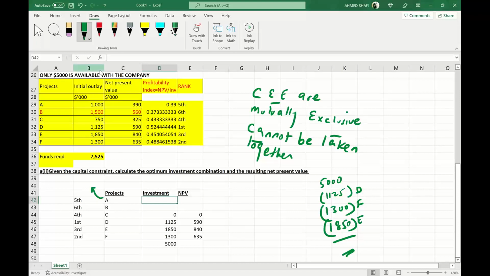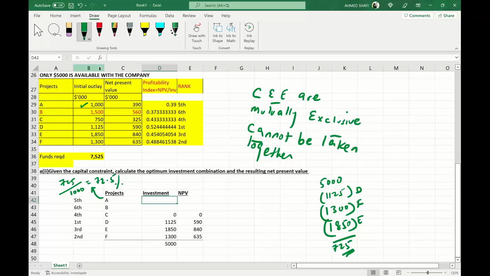5,000 cash was available. 1,125 was taken by the first one, 1,300 by the second one, 1,850 by the third one. So you're only left with 725. A requires investment of 1,000. You don't have 1,000. You only have 725. Since they are divisible, divisible means can be taken in pieces. You can invest 725 in A, but 725 invested out of required 1,000 means you only took